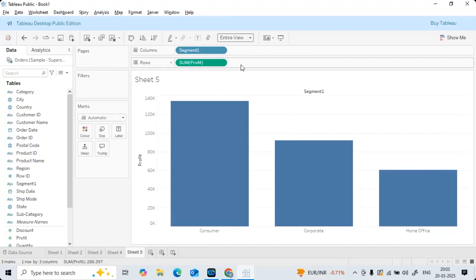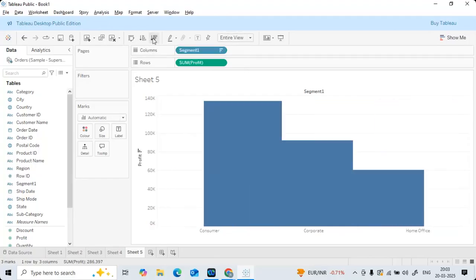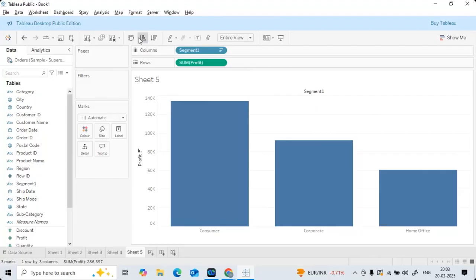If you want to understand segment-wise total profit based upon any ordering, sorting. If you remember, yesterday we utilized in SQL a clause called order by. Order by ascending, order by descending. Lowest to highest, highest to lowest. In the same way, here if you want to sort the data, you have these options called sort ascending to descending, descending to ascending. If you want to understand low to high, high to low, these options are available. Clear with this too?